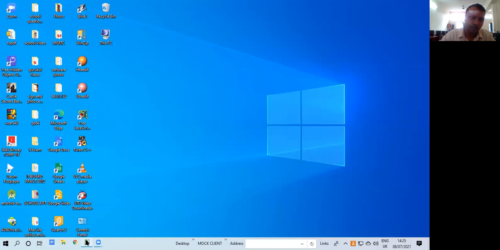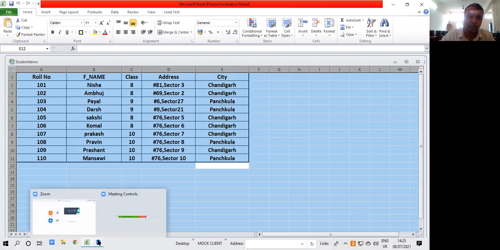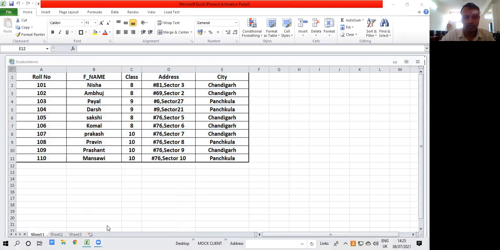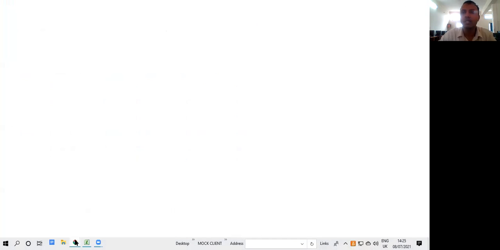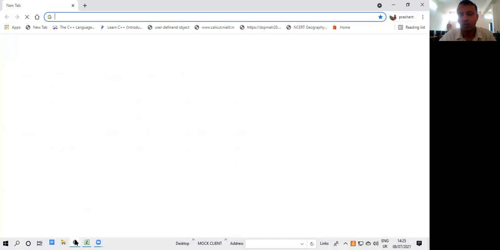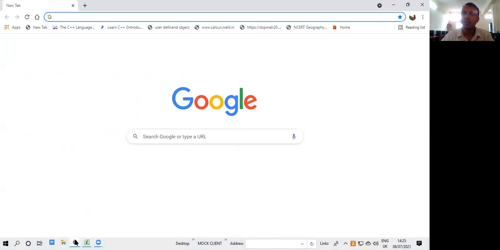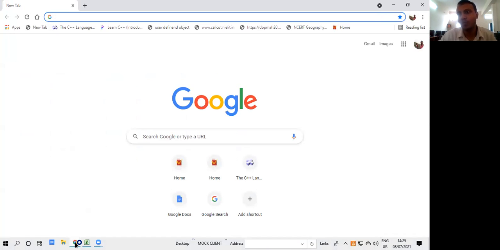You can see even I can open Excel. At the same time, I can open a Zoom meeting. At the same time, I can open the Google browser application. This multi-programming access, this multitasking access is called mastermind control. So this mastermind control is done because the computer should work efficiently. And this efficiency of the computer is managed or maintained by the operating system.